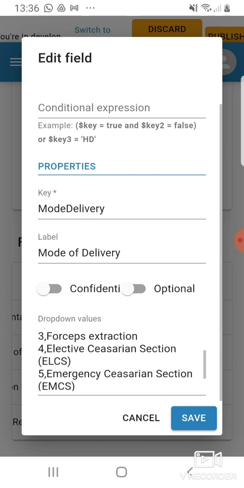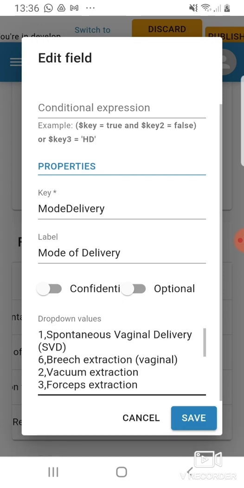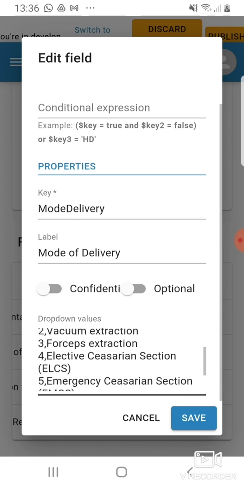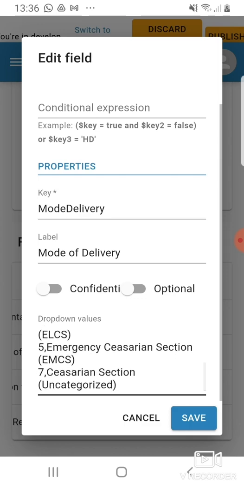And so there's the key. We need to take a note of what the key is for that data entry, and then also what the options are. And you can see in the drop down values there is a number and then there's a description. The number is what is associated with the key and is used in the conditional expression. The description, or the label, which is after the comma, is what actually displays in the app and on the buttons. So that's what we know here, and so we can see for caesarean section we've got 4, 5 and